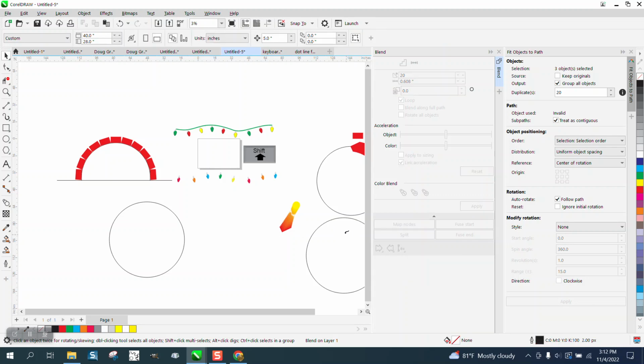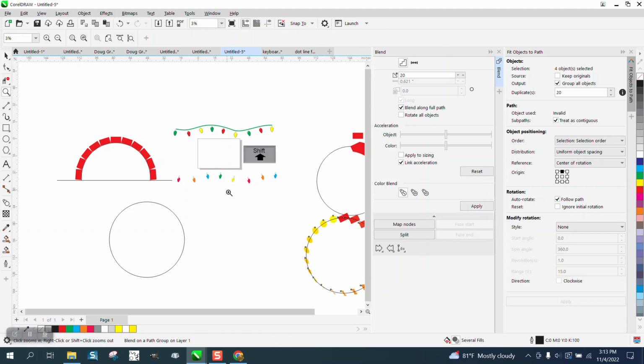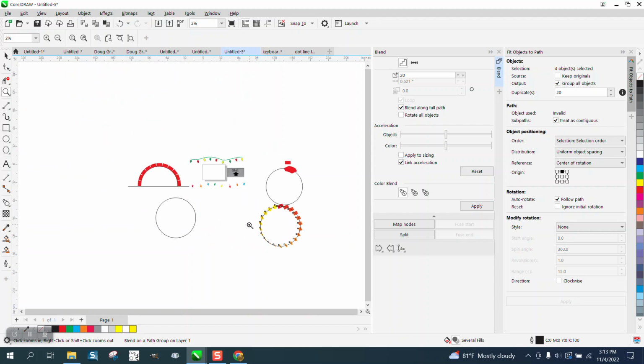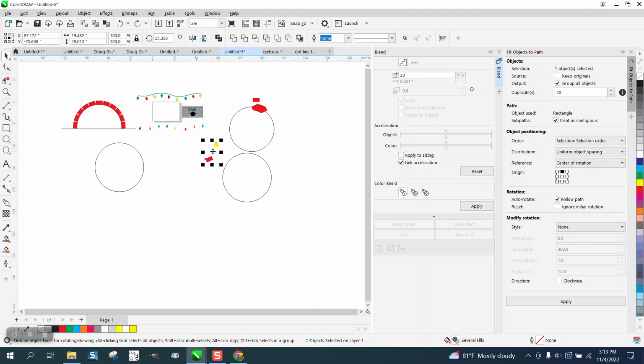I'm having trouble grabbing it. And then hit apply. Blend along full path and hit apply. That's what you're going to get, a blend, which isn't terrible. But if we do it like we did last night with the object to path, which I believe started in 2018, if you grab your two objects, hold down your shift key